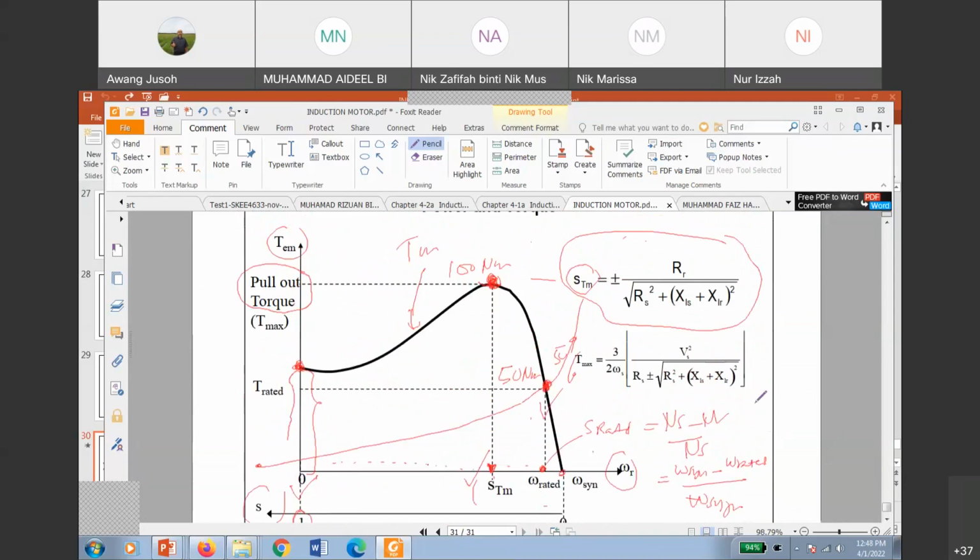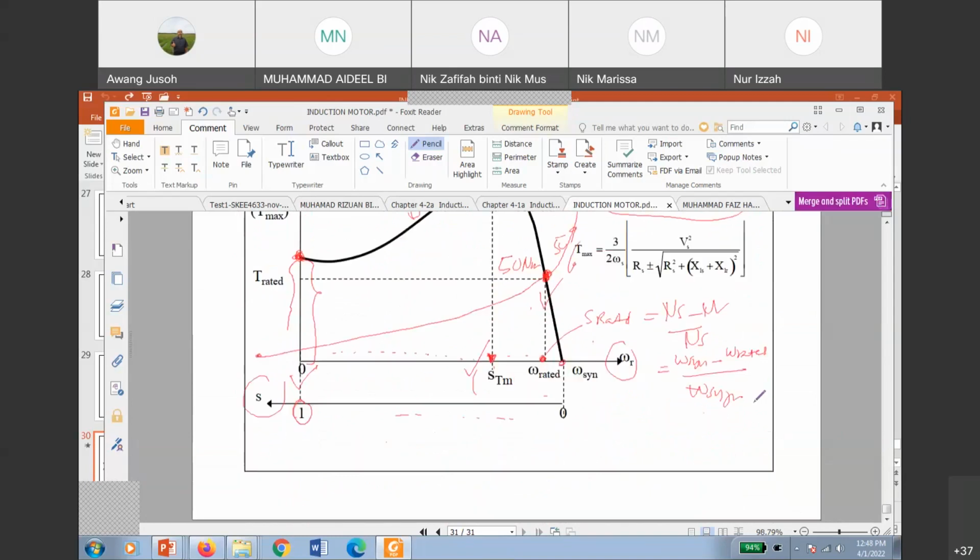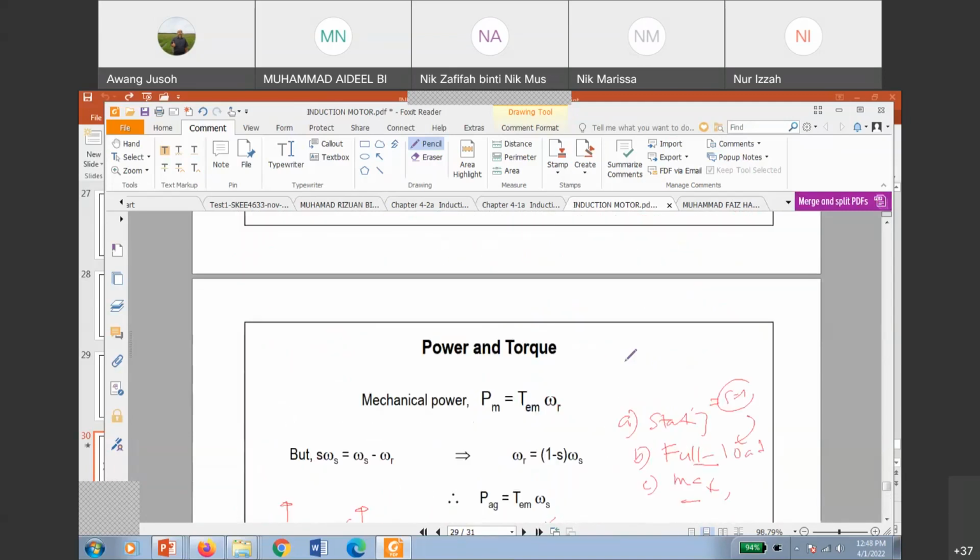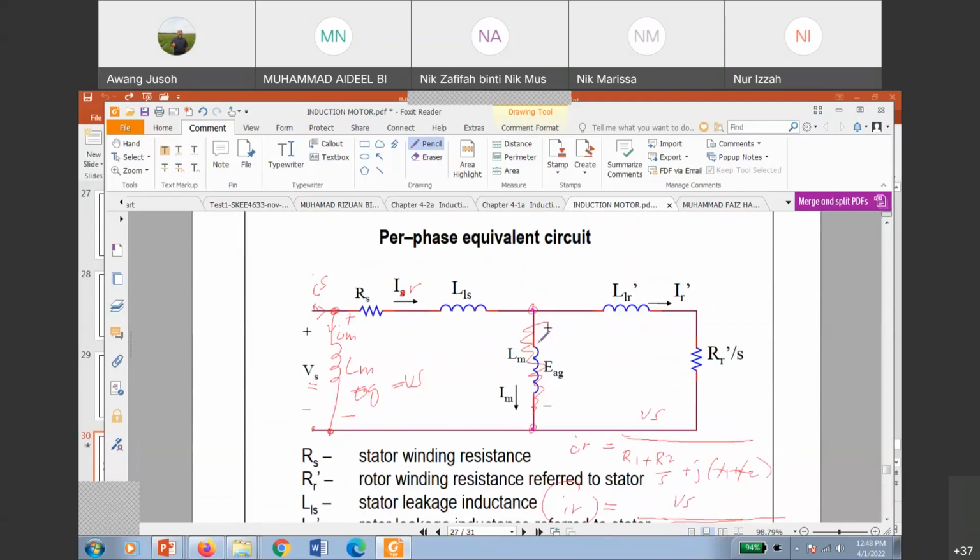Alright, this is what I mentioned before. So hopefully you can understand this. As I mentioned just now, you have the approximate circuit. We have this circuit just now. You just bring the inductor to the front there, and then you can do the same thing. Calculate the starting torque or rated torque and everything, but based on the approximate circuit. You can get results very close to each other, but the best one is the IEEE circuit. The approximate circuit is just a way to simplify things. That means your result is not exactly accurate, but can still be used to predict your machine performance.